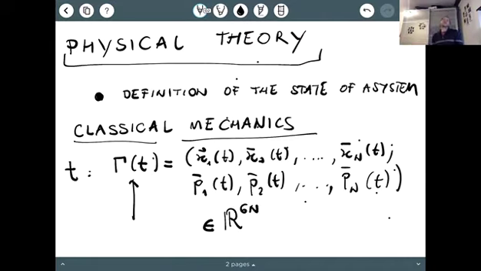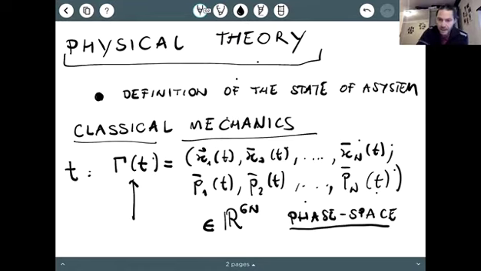So the state of a system in classical mechanics of n particles is basically a point in a 6n dimensional vector space, and this is called the phase space. For historical reasons, why the word phase enters in this name is sort of historical, and we don't go into that. So we know now what is for us the state of a system. Just to give an example,